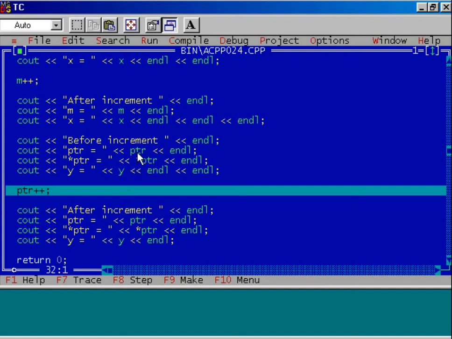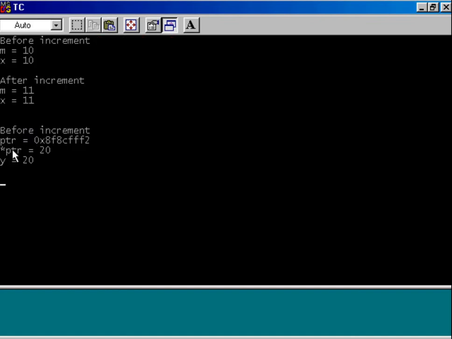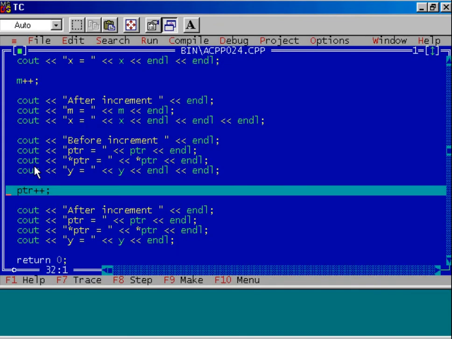Ptr is pointing to the variable y. What we are displayed? Ptr is pointing to y, so ptr should contain address of variable y. So that is this address. It is displayed in hexadecimal notation. Star ptr means the variable to whom ptr is pointing and content of that variable. So ptr is pointing to variable y and content of y is 20, so 20 is displayed over here. Next one is, I'm directly displaying content of variable y. We have assigned the value 20 to it, and that is why 20 is displayed over here. Is it clear?